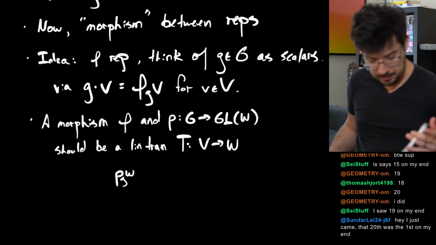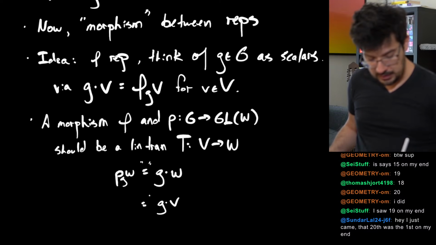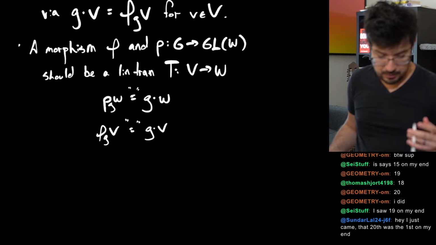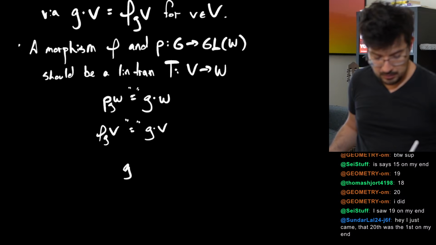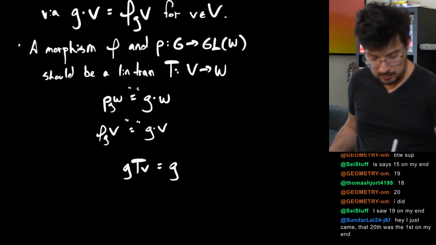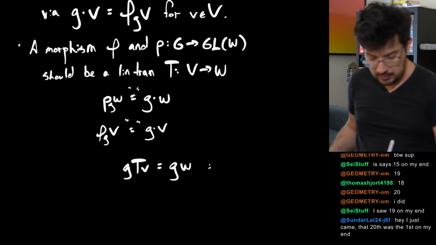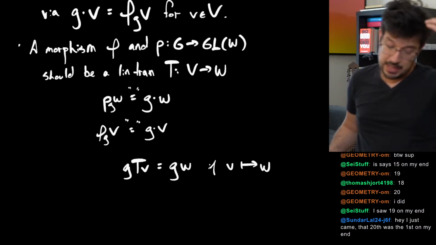Rho g W we think of as the group element multiplied by W. And the group element acting on V is phi g V. So then, if we want... I think we want something like this. If V maps to an element W,